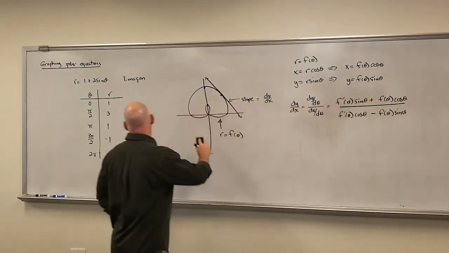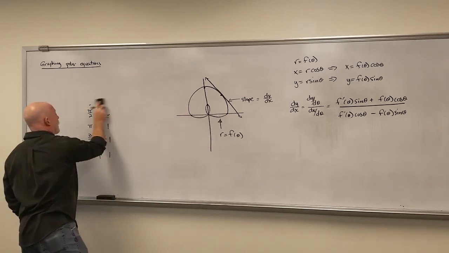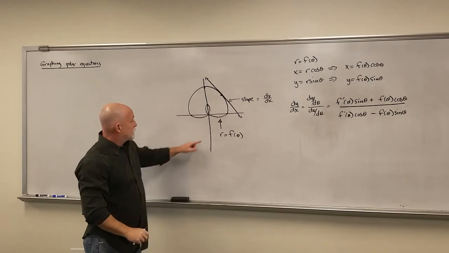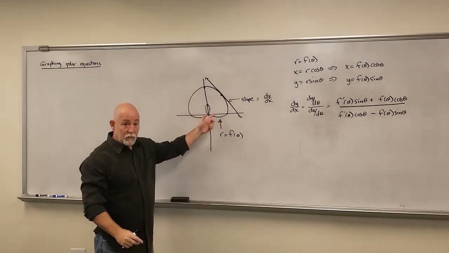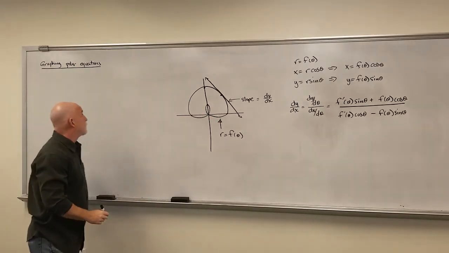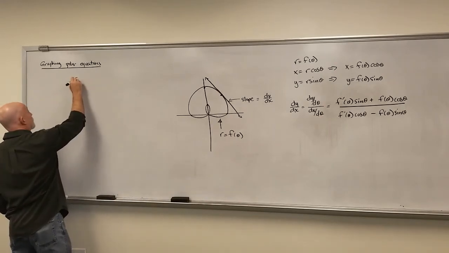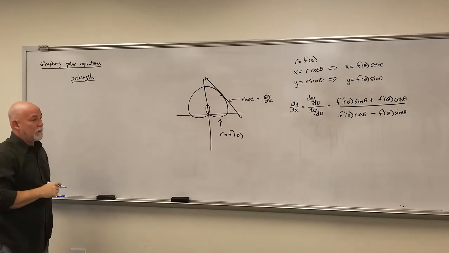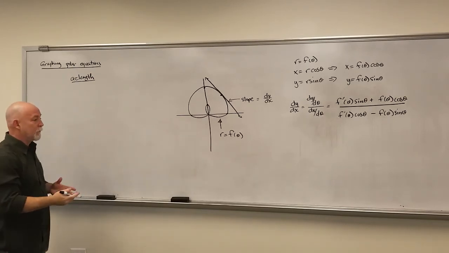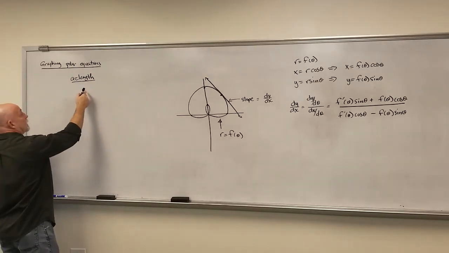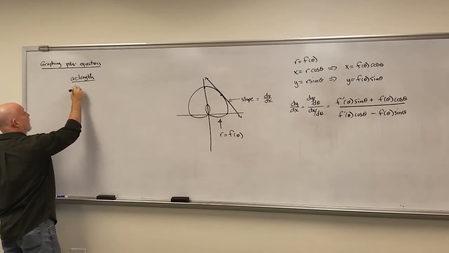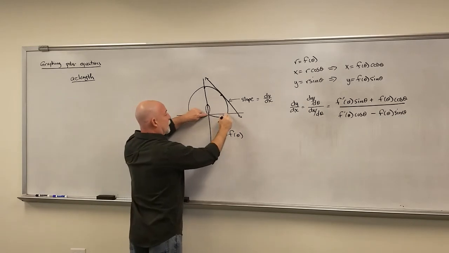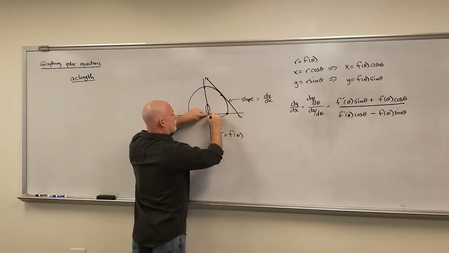Now, one more thing I want to throw up here real quick that we've seen in the past, but the formula is going to be a little bit different, and it is just a formula. Since we're drawing a curve, we have an arc length. How do we do arc length in polar? Since I've already shown you how we derived this formula a couple of times, I'm just going to say the formula. So let's say we're going to do the arc length. Remember, when we're drawing a curve,